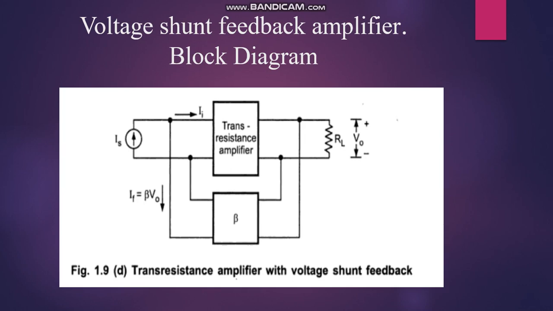Looking at the diagram, there is a shunt. On the input side, that is the mixing line, shunt means it is going to be a current. On the output side there is also a shunt, so that is going to be voltage sampling. So output voltage divided by input current: that is a trans resistance amplifier with voltage shunt feedback.